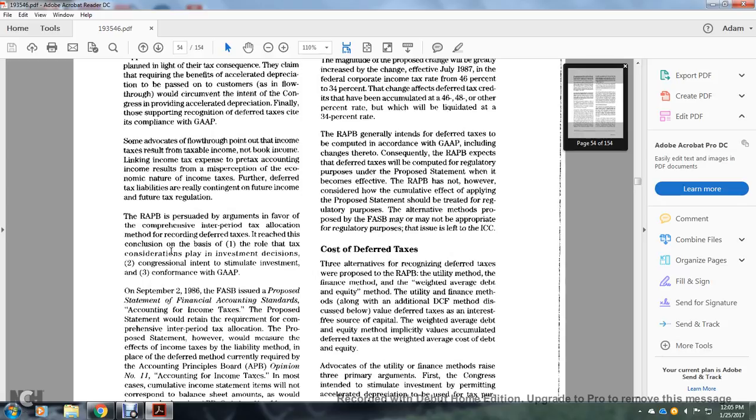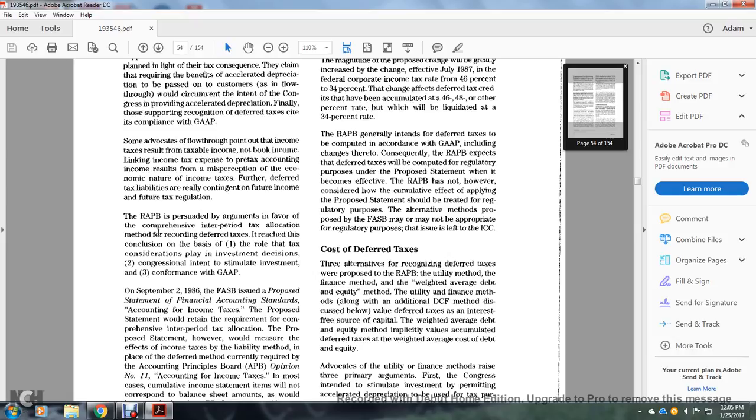Alright, some of the advocates flow through part of the income tax result of the tax income with the net book income, linking the tax expense with the pre-tax accounting income result of the representation of the economic nature of the income tax, and further the deferred tax liability really contingent on the future income and future tax regulation. The Railroad Accounting Principles Board, in pursuit of argumentation in favor of the comprehensive interperiod tax allocation,